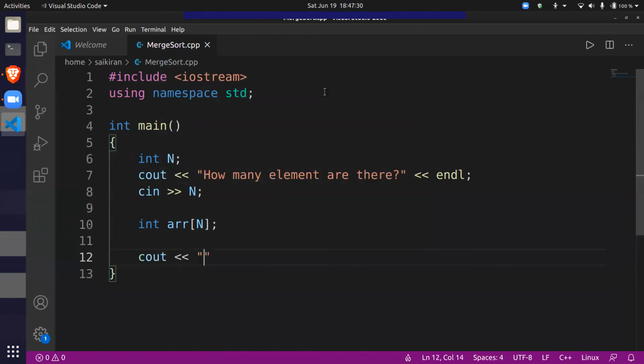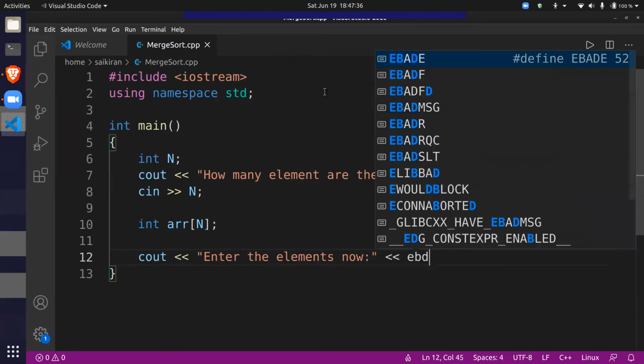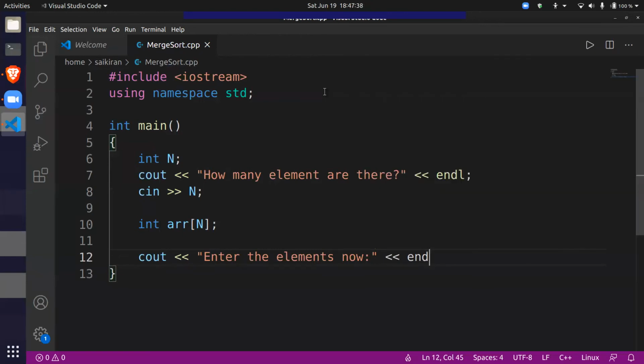Now let's ask the user to enter the elements. Now let's use a for loop to get the input. There are n elements, right?